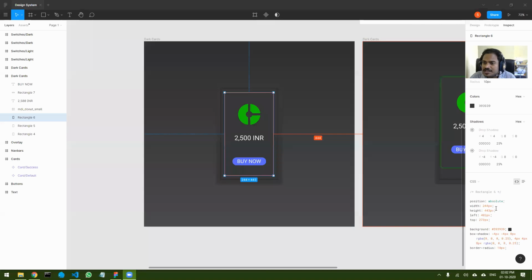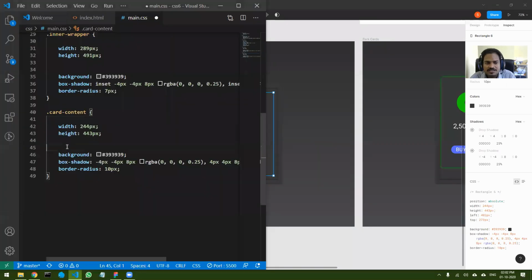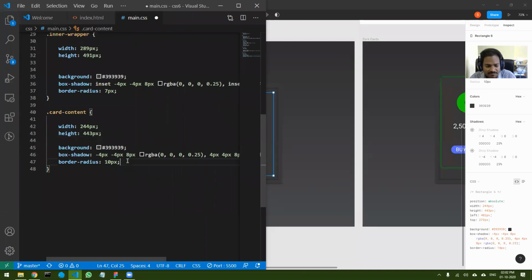I am positioning it with respect to the flex box. So flex box does not need, unless you are using any position attribute, left, top, right, bottom, anything. By default, it will always try to adjust according to the main axis or the cross axis. So that's why I am removing those two things, but I will be needing the width and height. So remaining things are fine.